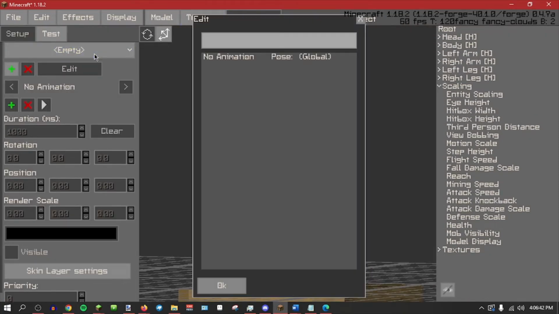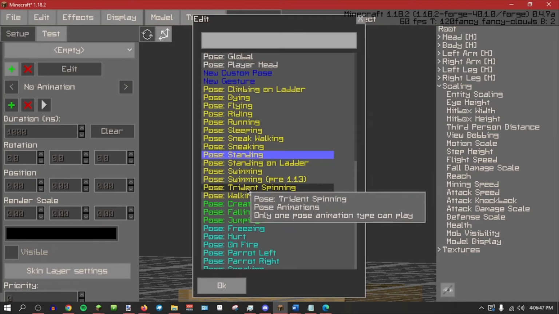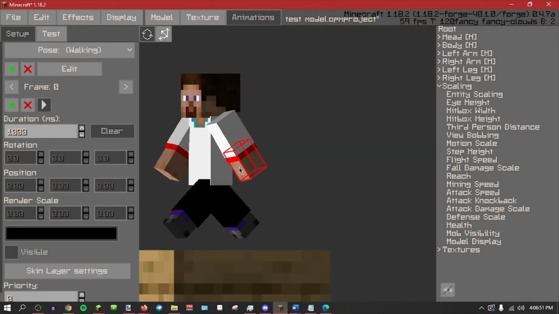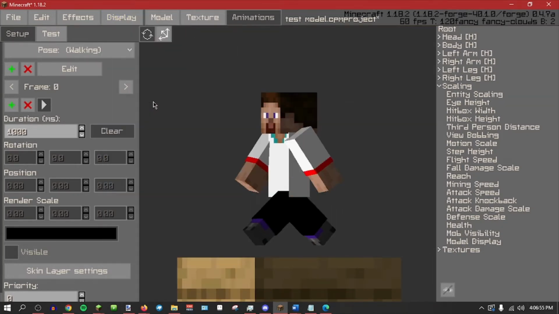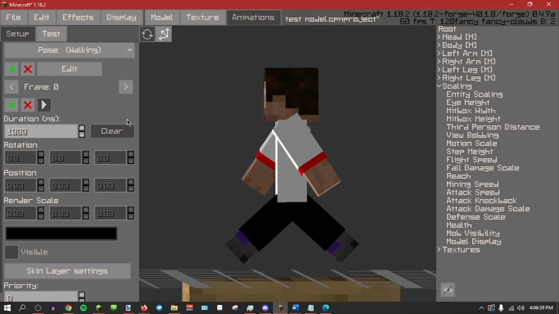Alright. So, walking animation. Let's make a walking animation additive. You will see that it will start moving like this. You go to display, play animations turned off. You do not want that on. It's annoying, and I hate it. Actually, for walking animation specifically, so let's say I